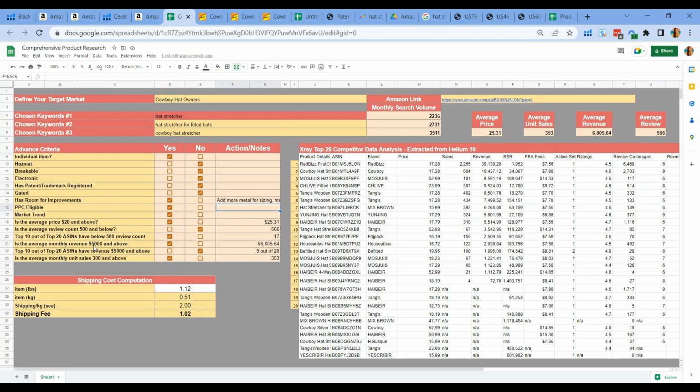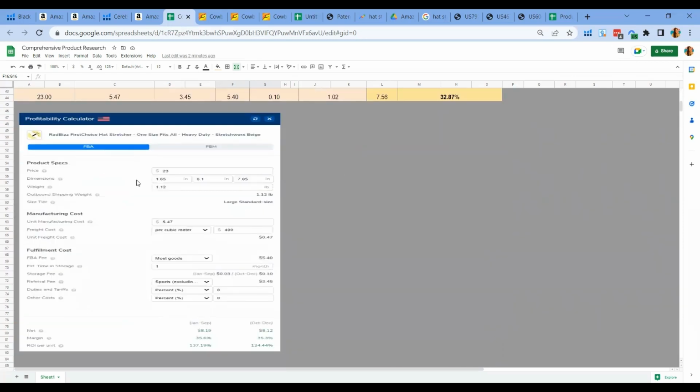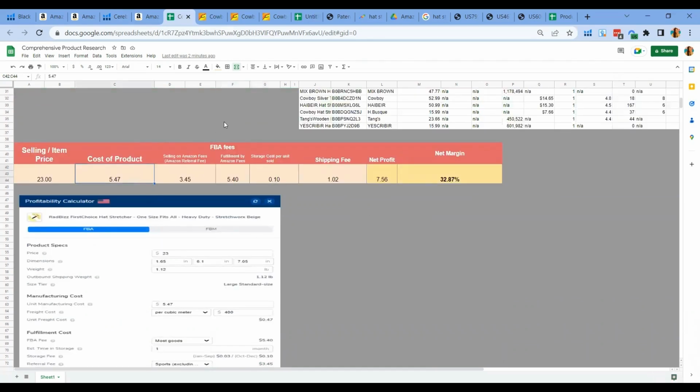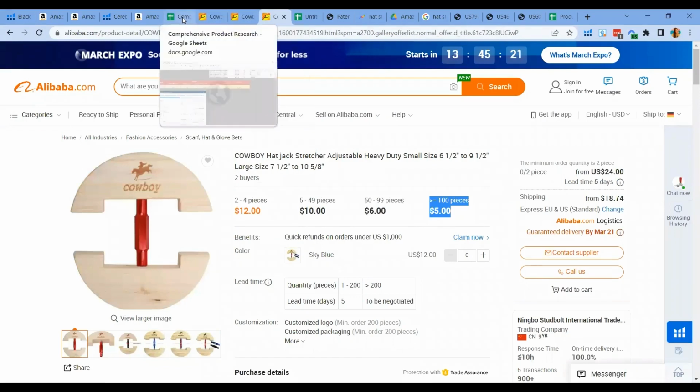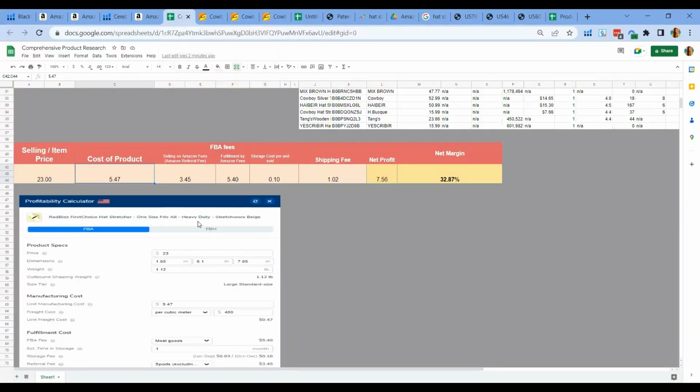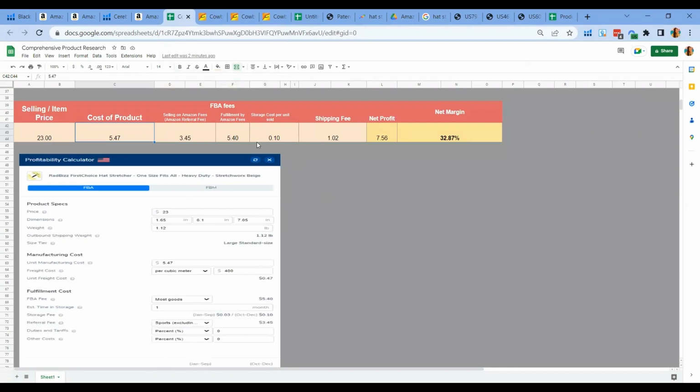And so it is proven that this product is profitable, and you can definitely ensure its profitability by using the Helium 10 profit calculator as well. So you just have to enter your desired selling price, the weight of the product that you're trying to sell, the cost of the product based on the 3 suppliers that you inquired, and the average price that you have gathered. And there you go. You will have the referral fees based on this profitability calculator.